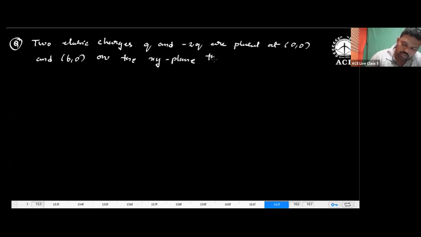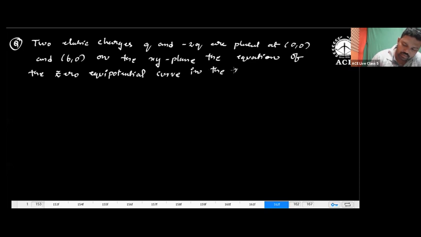The equation of the zero equipotential curve in the XY plane is,